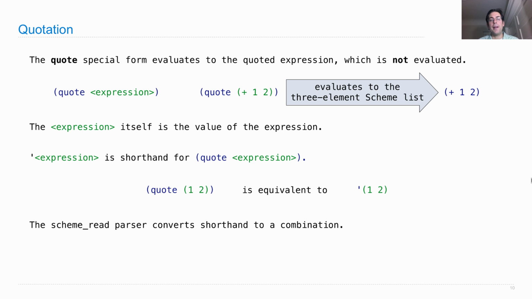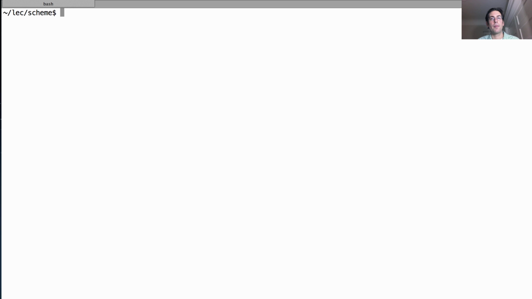So when we see this, it is a special piece of syntactic information which we'd like to get rid of by the time our Scheme evaluator has to deal with the case of evaluating a quote expression. So what actually happens in your project is that the Scheme read parser converts this shorthand into a regular old combination that starts with the word quote. So what am I talking about? Well,